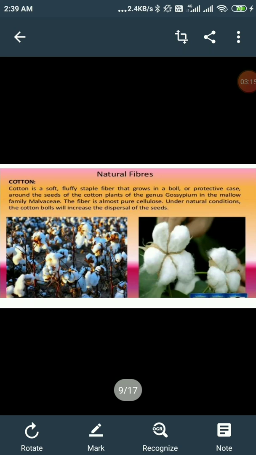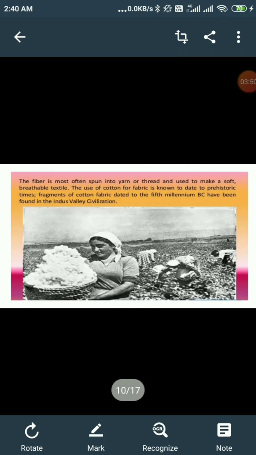So students, let's study about the natural fiber, the first fiber, that is cotton. Definitely cotton is one of the natural fibers which we are getting from the cotton plant. So here in the picture also you can see the cotton balls are there. Whenever these cotton balls get mature and burst, the white color cotton fibers are coming out from it. These cotton are being collected by the farmer, and then it is being sent towards the factories where the seeds of cotton are being separated out.